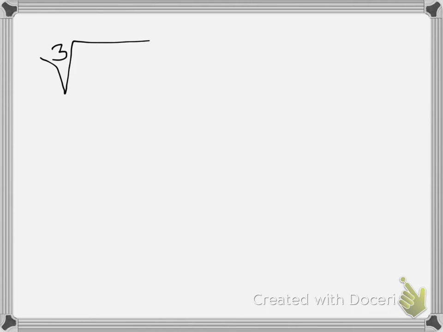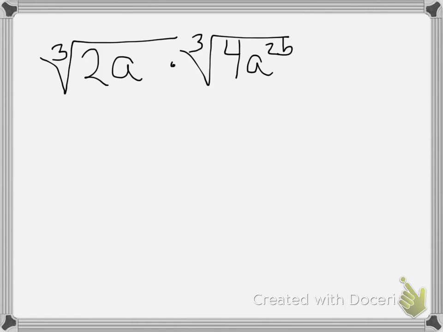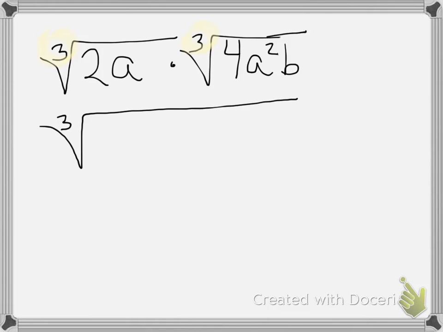Okay, here's another problem: the cube root of 2a times the cube root of 4a squared b. Whoops, that's not supposed to be an exponent on the 4, it's a squared b. So I'm going to put them all together and then take a look at it. The reason I can put them all together is because they both share the same index. Otherwise I wouldn't be able to. So I'm going to put it all under the radical of 3: 2a, 4, a squared, and b. Now I want to think about writing things with cubes. So 2 times 4,